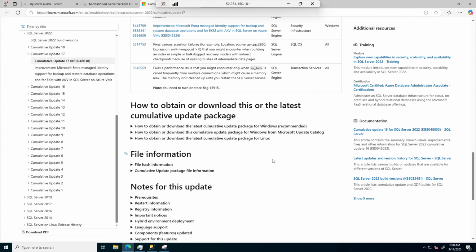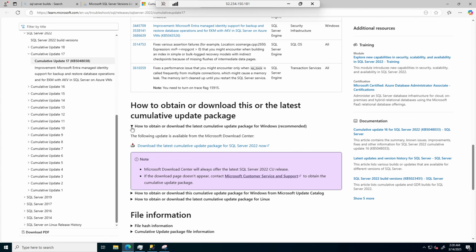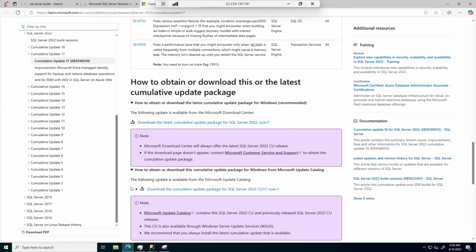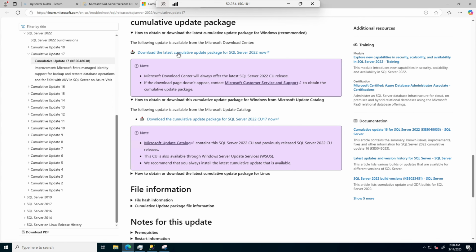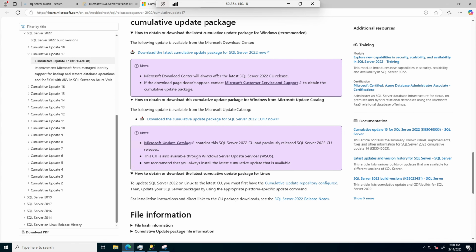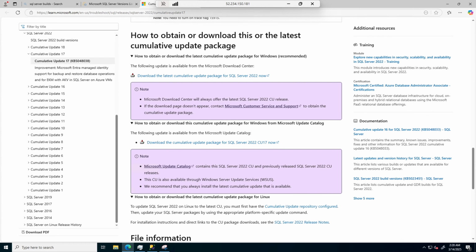But if you need to actually download the patch that you're going to run on SQL Server, you want to come towards the bottom here where it says How to obtain or download. If you click on these drop downs, you should be able to see the links to download, depending on what you're looking for. But this is one way to do it. I usually like to go straight to